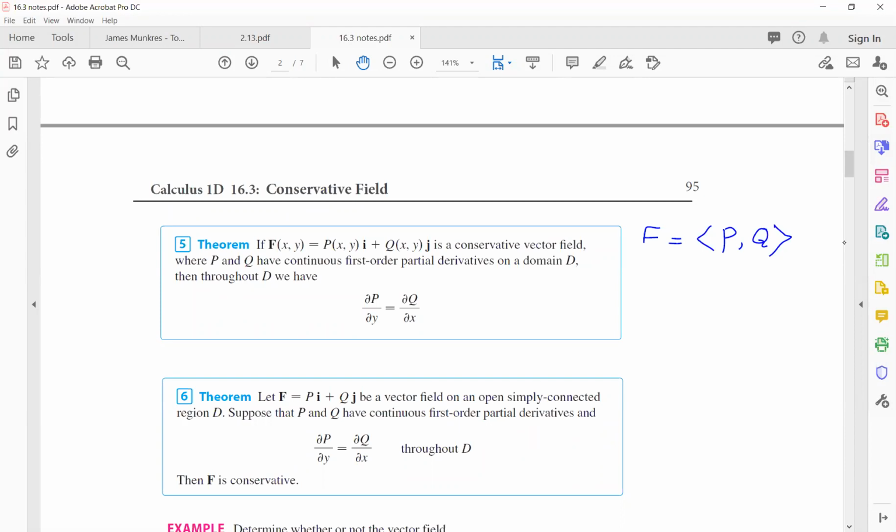With the condition that P and Q have continuous first order partial derivatives on a domain like D, then